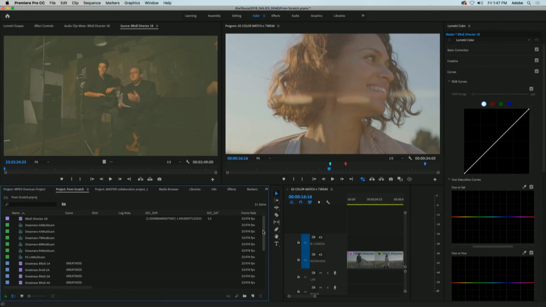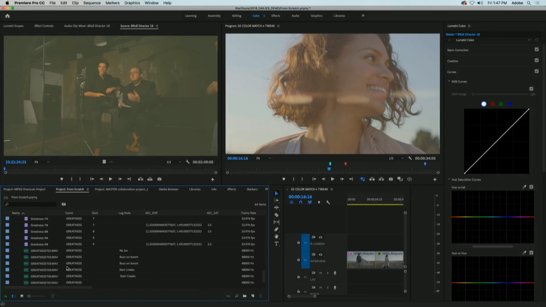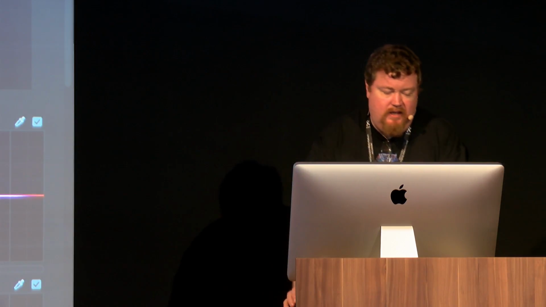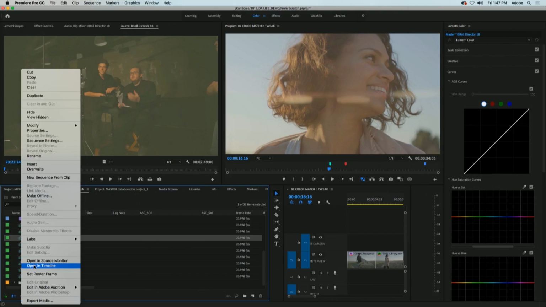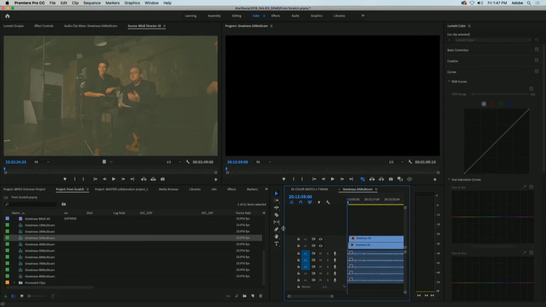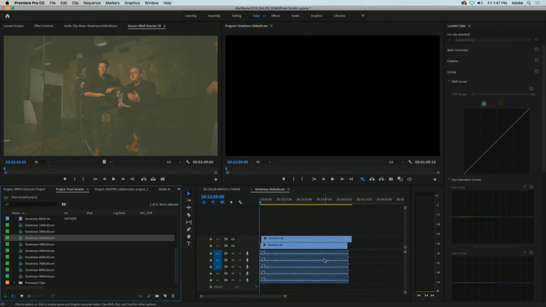That's fine. But it goes through and it'll automatically place anything that it can synchronize will end up in this process clips folder. And so I'll know at a glance what has synchronized and what hasn't synchronized. The other thing about working with Multicam that's great is at any point in time when you're working with Multicam shots, sometimes the time code drifts a little bit. If you've ever done a synchronization using time code and suddenly you look at the shots and it's like 2 frames off, this happens. I can always open a Premiere Multicam in a timeline view, and what this is showing